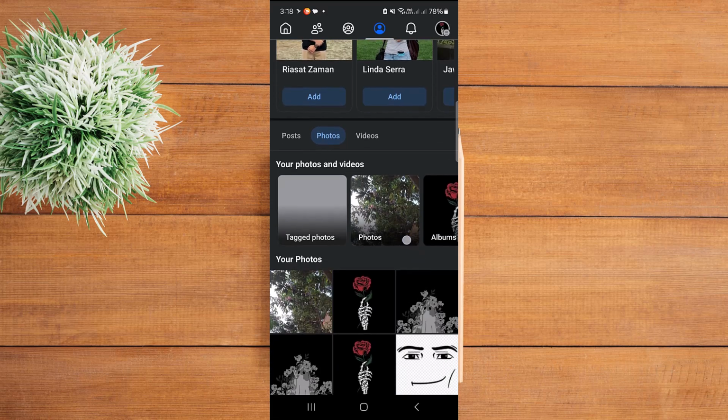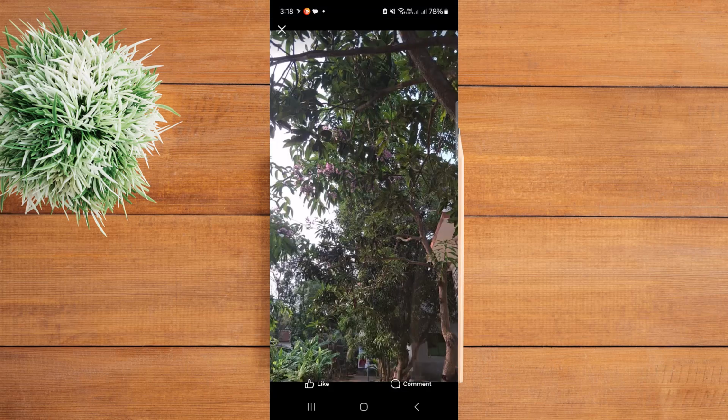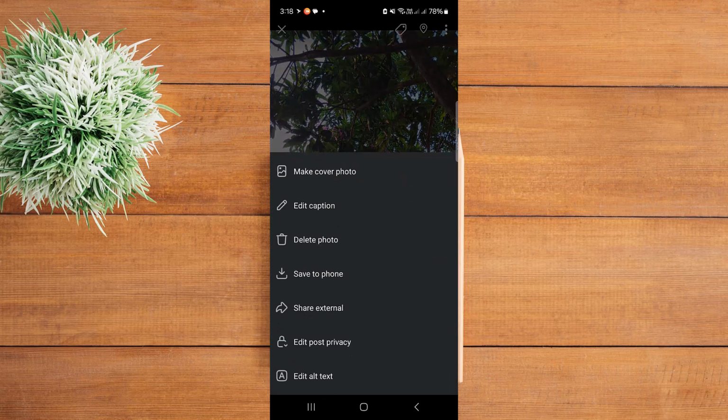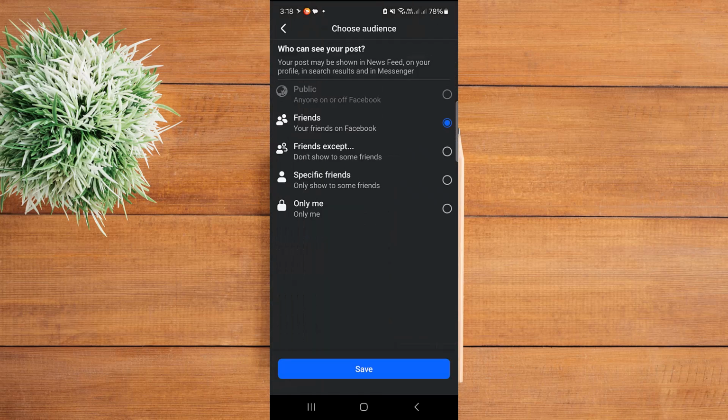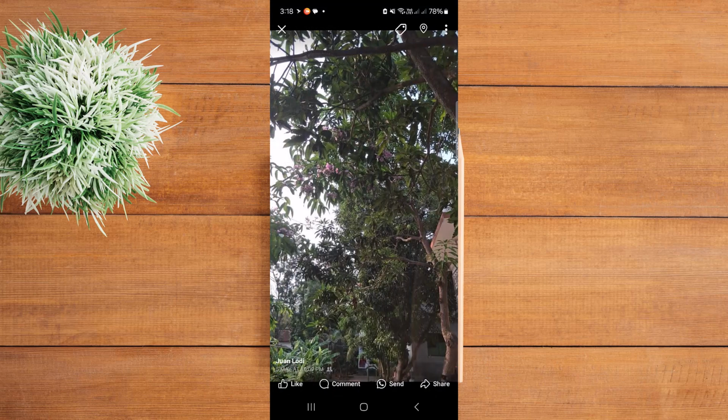Now here you will find the photos. So if you have any photo and you want to make it private, tap on the three dots on the top right. And here you will find the option of Edit Post Privacy. Tap on it. Now just make it to only me and tap on Save. Now the photo is made private. So yeah, this is how easily you can make private